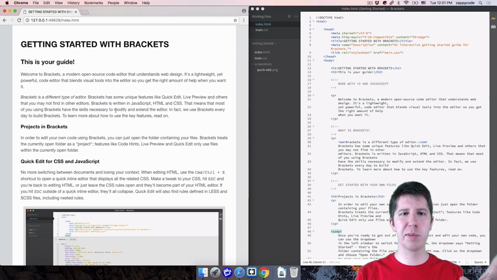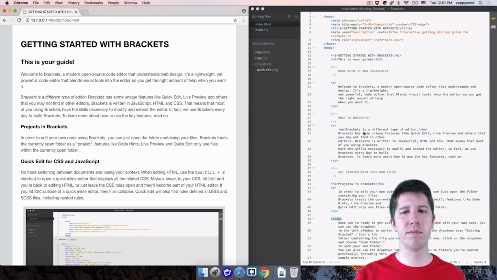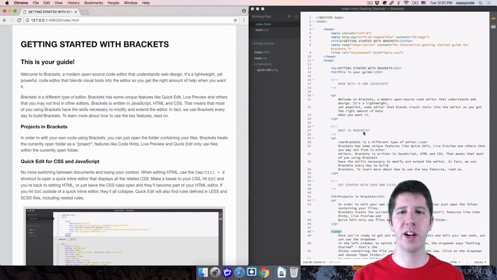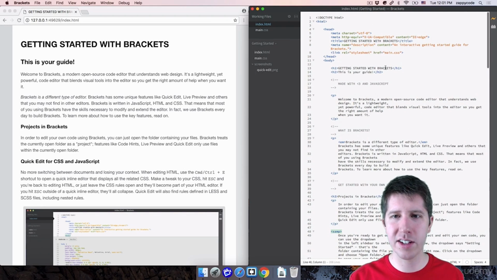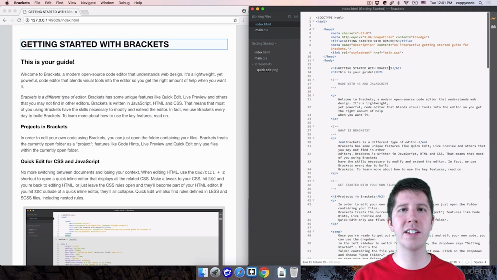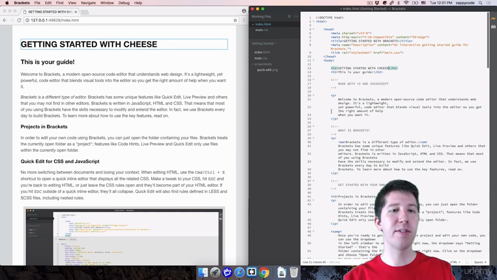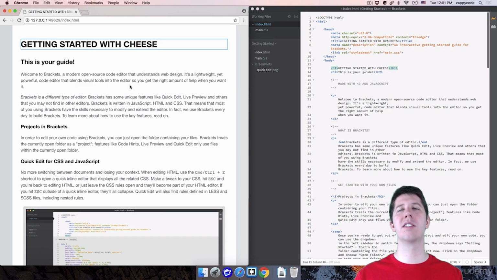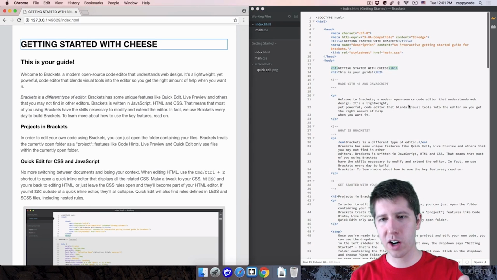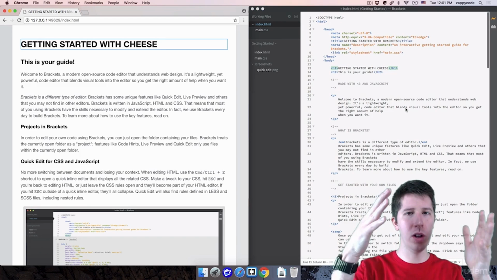So I've split it up so I can see both side by side here. And the real power that comes from this is, obviously you don't know all the code that's happening over here, but if you scroll up to the top here where it says getting started with Brackets, if I go ahead and click on this on the right side in the Brackets editor, look what changes on the website. It tells me, hey, this is the part that you've selected. And if I want to say getting started with cheese or something like this, as I type and live update, it shows up here on the web browser. This is so awesome. I love Brackets for this. It makes it really cool to see what you're doing here in the code, how it impacts the actual website.